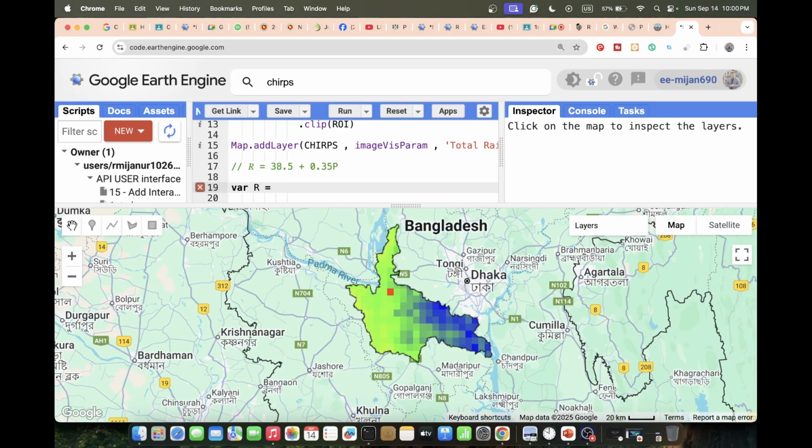So I want to apply it. I call this map, or it's an image. So I copy and apply ee.Image, and I just call this image, just copy and paste here. This image I want to multiply, so I put here that multiply with this value